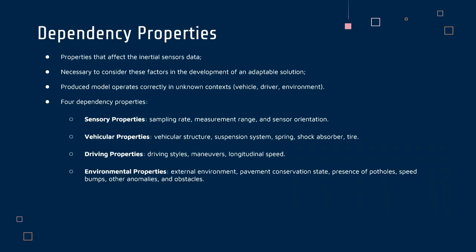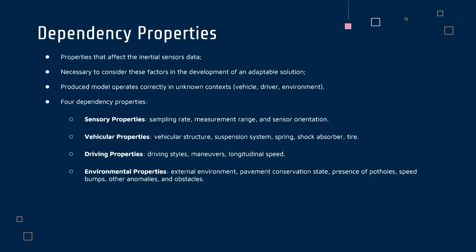In the application of inertial sensors to produce classification of a road surface type, there are dependence factors that affect the sampled signals. These factors must be considered when developing an adaptable solution that can be applied to different vehicles, drivers, and environments. The four dependence properties are sensory properties, referring to sampling rate, measurement range, and sensor orientation;